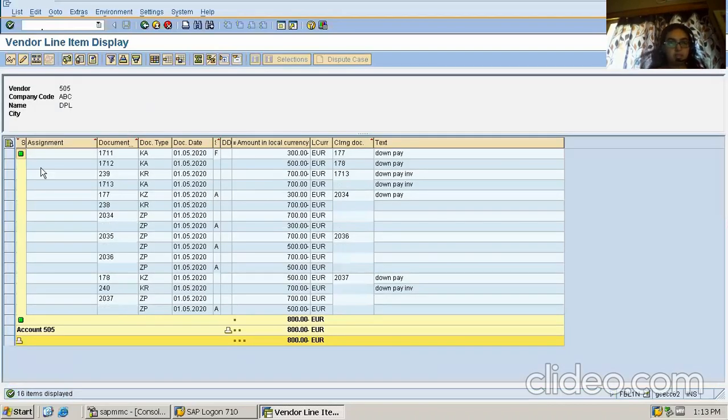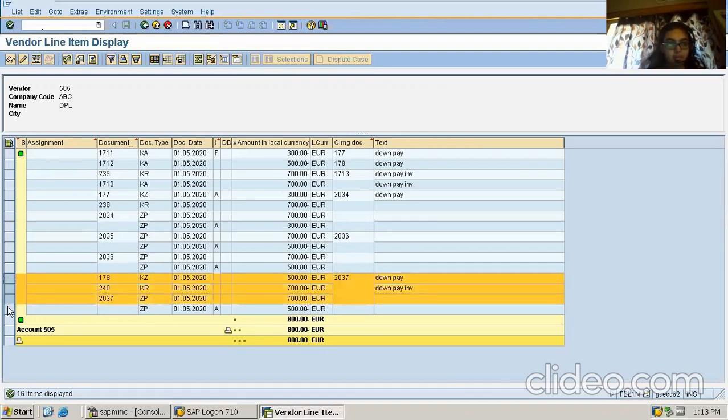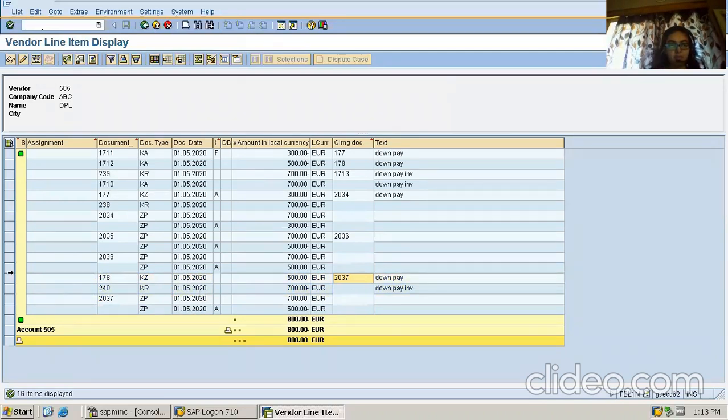Yes, see, mine is this one. 178 was the document number. Yes, 178, 240 and 2037. These all are my document numbers. So see, all of them got cleared by 2037, which is the payment document number.